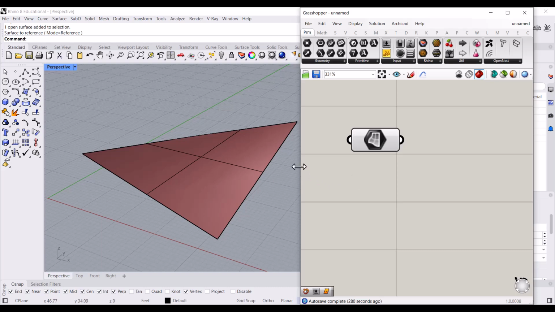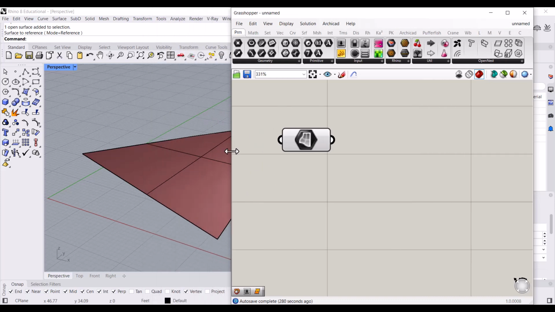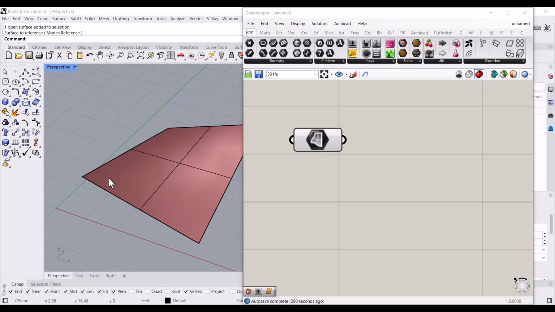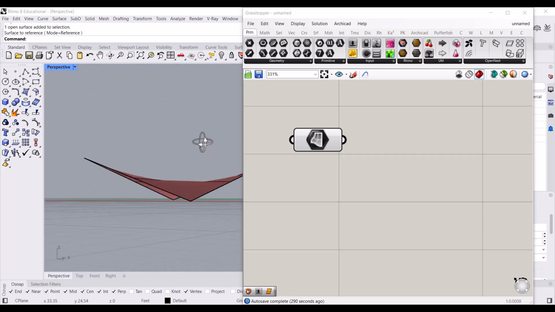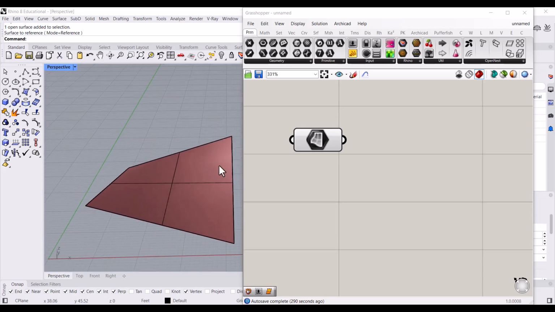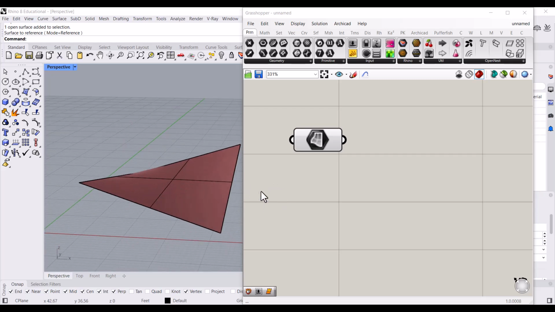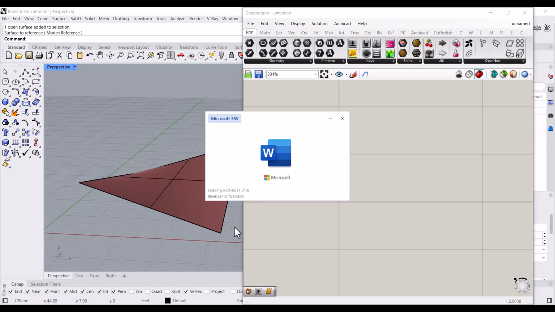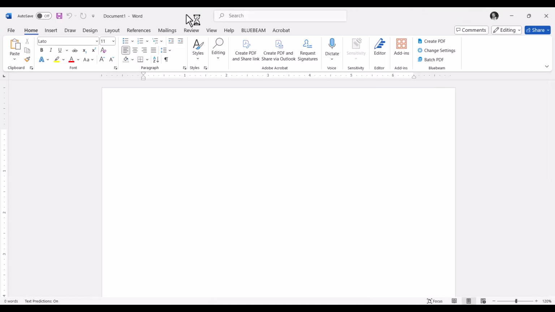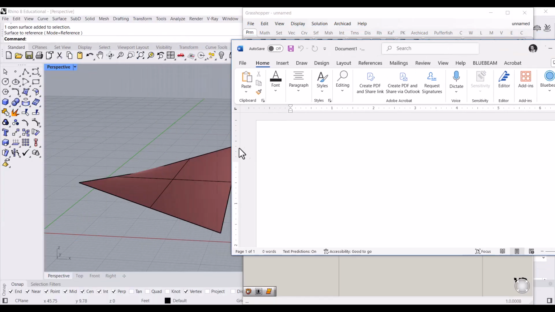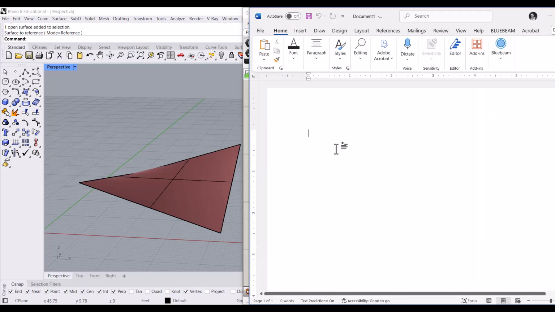So just to map out what our game plan is here, my end result needs to be a series of isocurves that follows the topology of this surface perfectly. So we want a series of curves that follows the surface. Okay, so before we start any kind of Grasshopper definition, it's important to write out the pseudocode or come up with a game plan. Okay, so I'm just going to open up a Word document here. And if we're going to write out the pseudocode, and again, this is the roadmap that we're going to follow. So step one is going to be